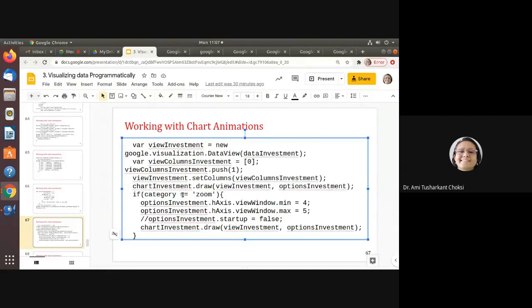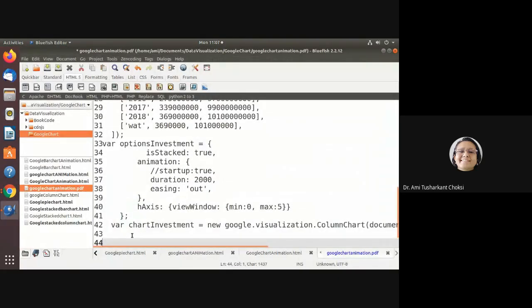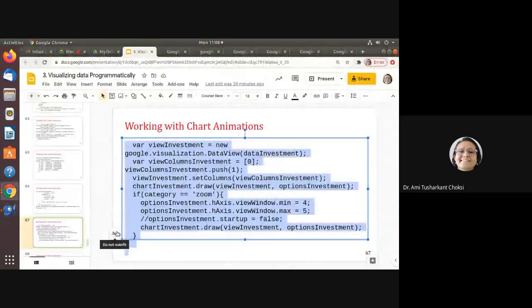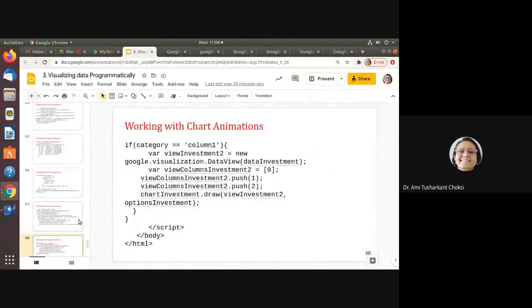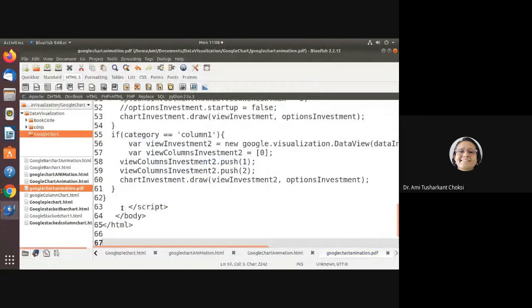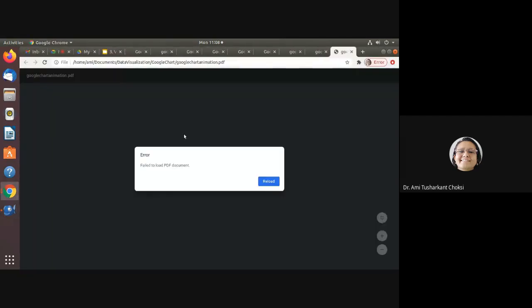And after, what we do is we are setting the view. How do we set the view? That is using the columns we are setting, right? We are setting the columns, we are setting the minimum, we are setting the maximum, right? That's what we want to see for hAxis, horizontal axis. Okay, and fine, and then after we are drawing the chart. Fine. Let's see the view here.